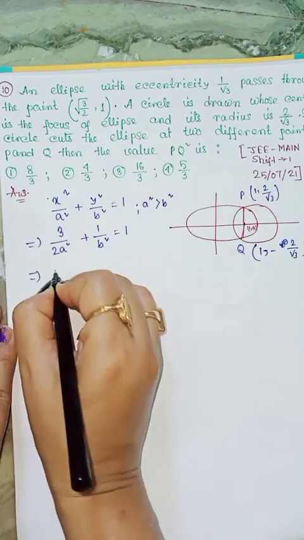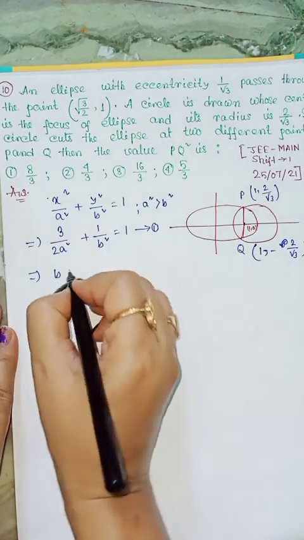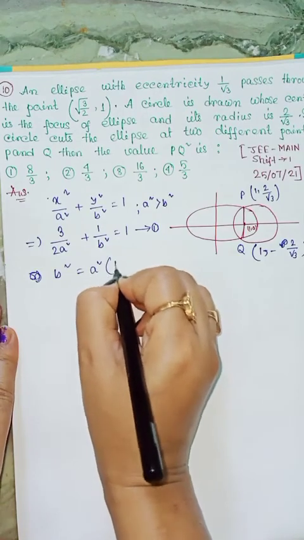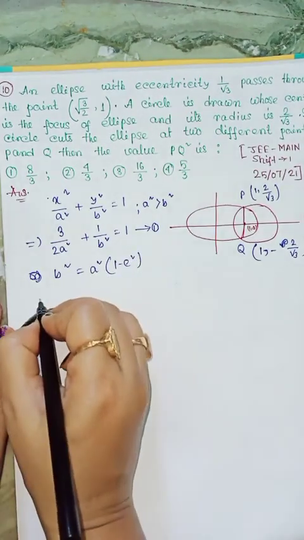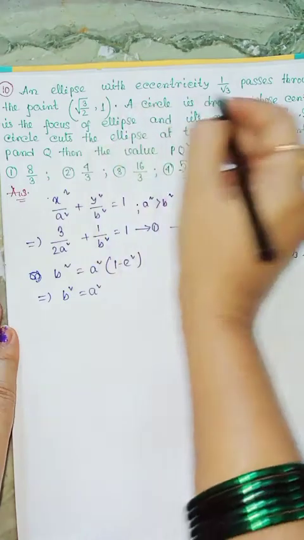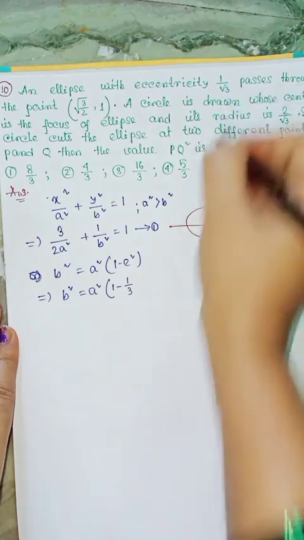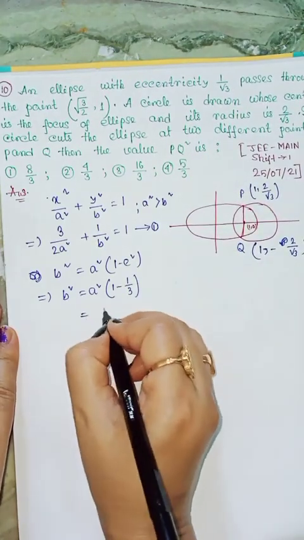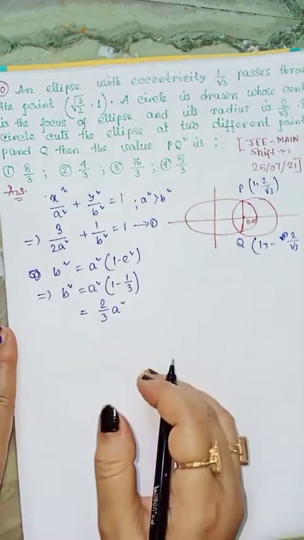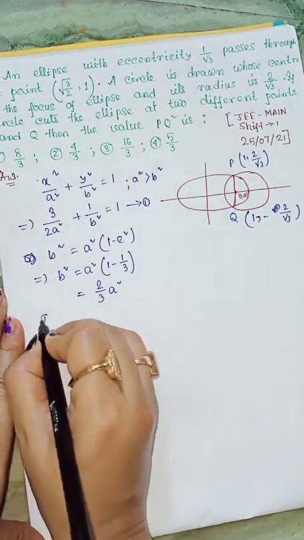So now b square, this is equation 1, and we know b square is also equal to a square into 1 minus e square. That implies b square is equal to a square, and eccentricity is given as 1 by root 3, so it is 1 minus 1 by 3, and it is 2 by 3 a square. So now putting these values in equation 1,